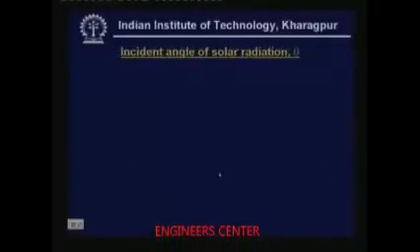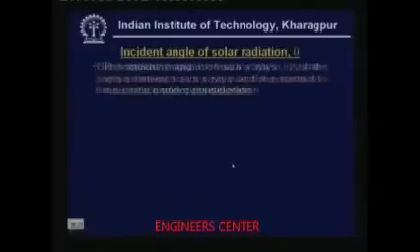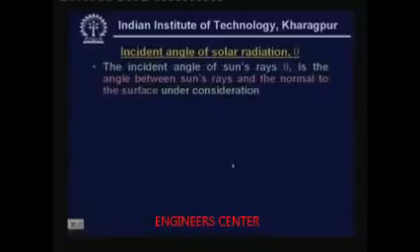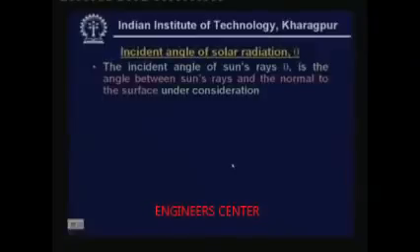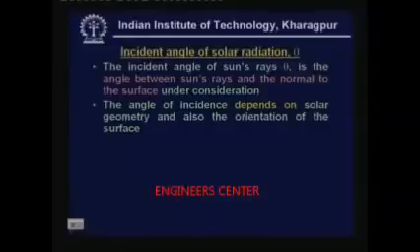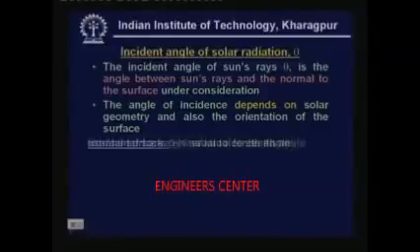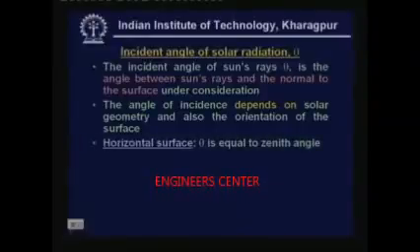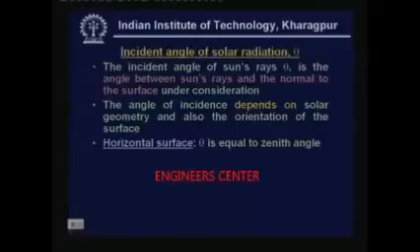Now, let us look at the incident angle of solar radiation, that is theta. As I have already mentioned, the incident angle of sun's rays theta is the angle between sun's rays and the normal to the surface under consideration. The angle of incidence theta depends on solar geometry and also on the orientation of the surface. For example, let us look at a horizontal surface, theta is equal to zenith angle. This can be shown very easily